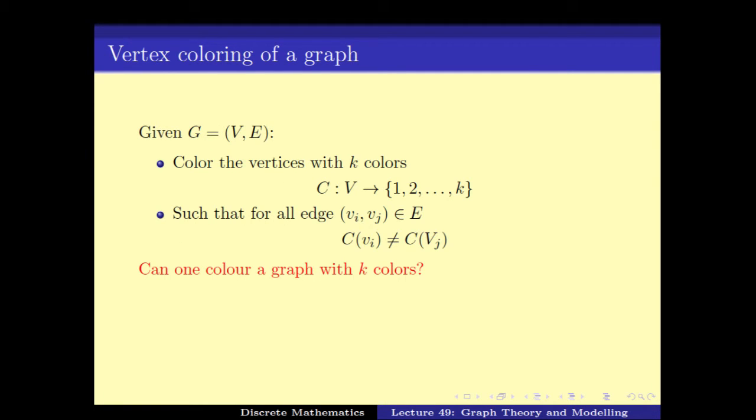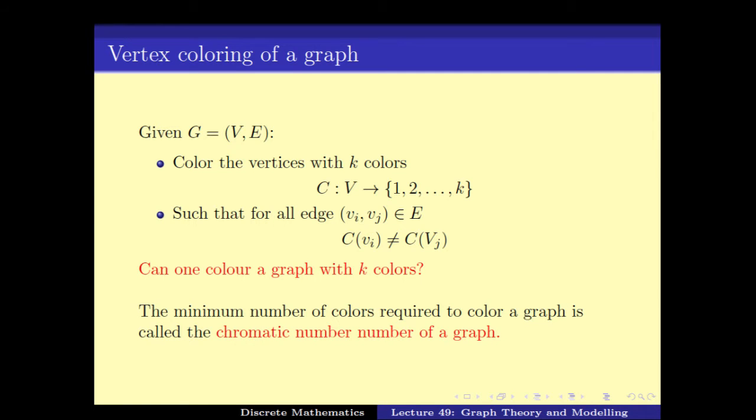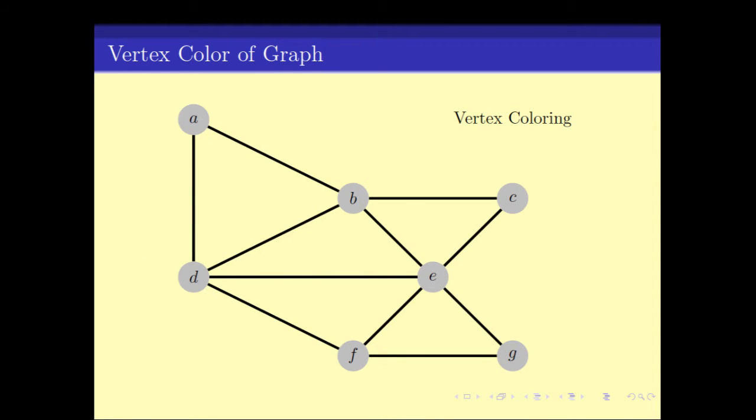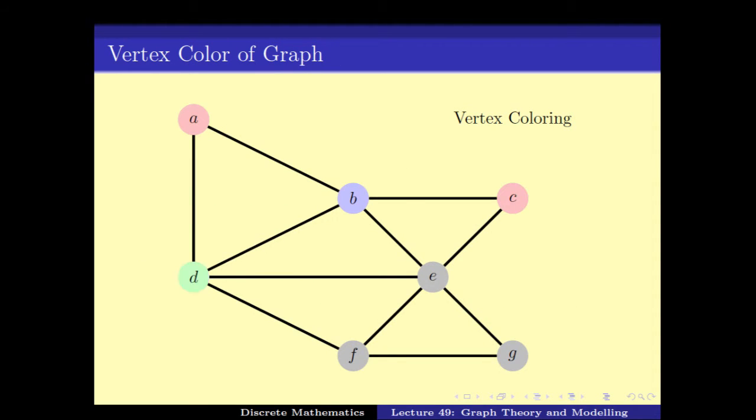So we can use the concept of coloring, where we are allowed to color a vertex with some k colors such that no two neighbors have the same color. This is one more concept in coloring that is very useful and very handy, and it is studied a lot. We call it the chromatic number of graphs. So here, for example, one can color this one with 4 colors.